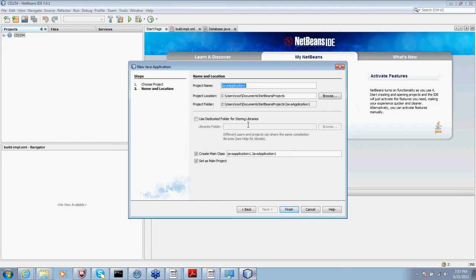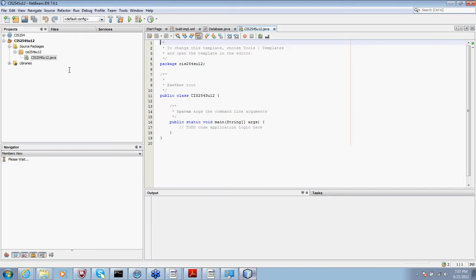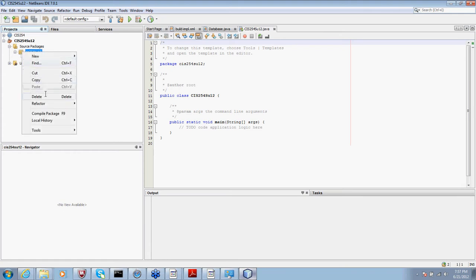Why don't we just say, I'm going to call mine CIS254 SU12. Right? And I'm going to do everything in there. Okay, so it creates this, and it also creates a package called that, which I really don't like that it does. You can do that. Just don't like that it does that. I'd just as soon delete that